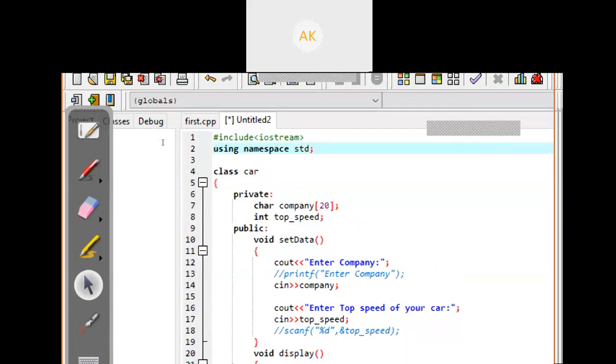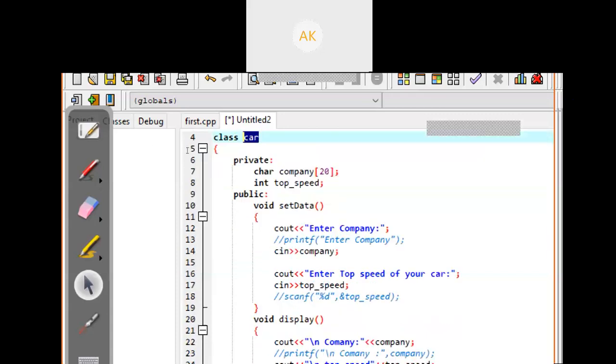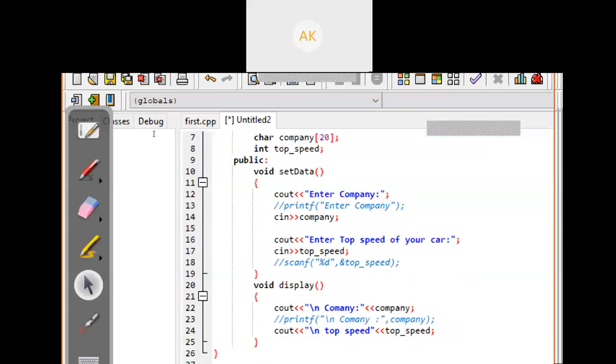Then I declared a class car with two private data members, company name with a length of 20 characters, and the next data member, top speed. What is the top speed of your car? Then two public methods, set data and display. In set data I'm taking the data from the user. I'm asking the user to enter the company name, meaning the car company name, and the user will enter it, and